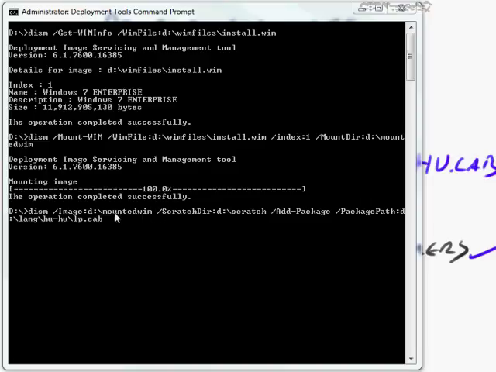And you'll call this whatever you want to. I just call mine mounted WIM. /scratch directory. Remember, I told you earlier that when you work with language packs, you have to have a scratch directory, and it's on my D drive, and I just created a folder there called scratch. Again, you can call it whatever you want. /add package,